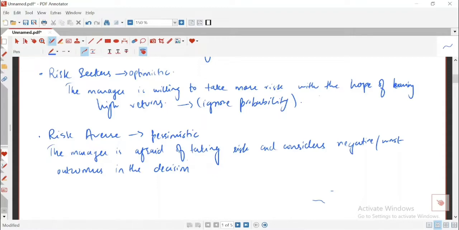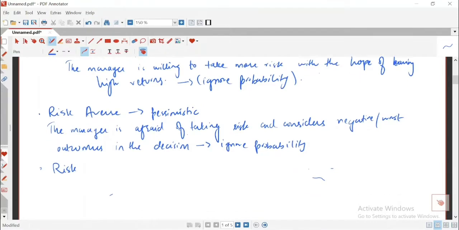But if we are risk seekers then हमारा एटीट्यूड ये होगा that हम सिर्फ पॉजिटिव एस्पेक्ट्स लेंगे और जिसके सबसे ज़्यादा पॉजिटिव एस्पेक्ट है, highest positive aspect है, we are going to take that decision. Then we have a third type of personality that is risk neutral. Okay, or the above two ignore probability, कि वो आउटकम की प्रोबेबिलिटी क्या है, पॉजिटिव या नेगेटिव आउटकम की प्रोबेबिलिटी को नहीं कंसिडर करते. They just consider the amount and they just consider the value or the occurrence, if it is or if it is not.